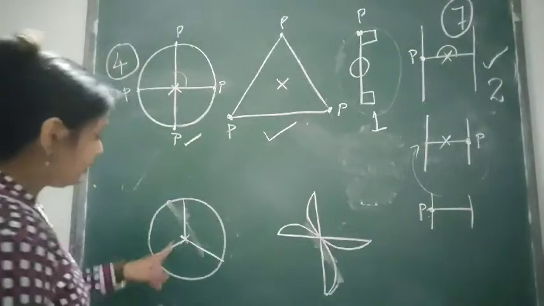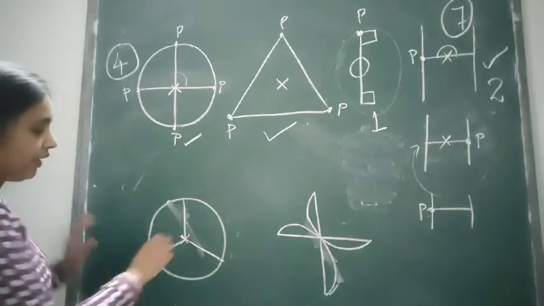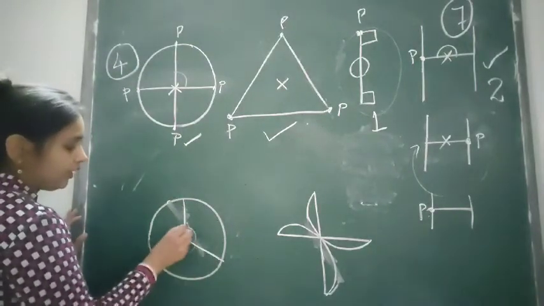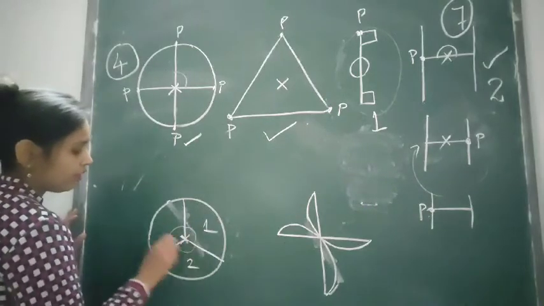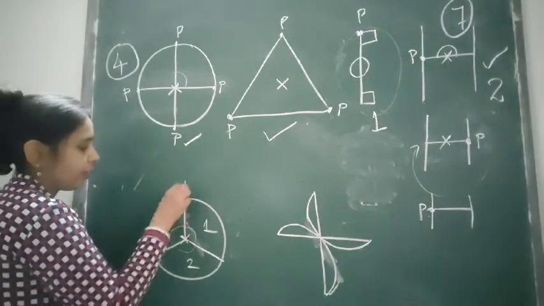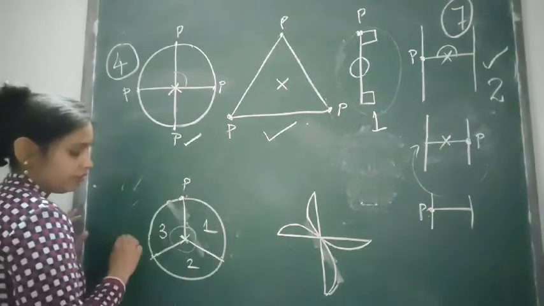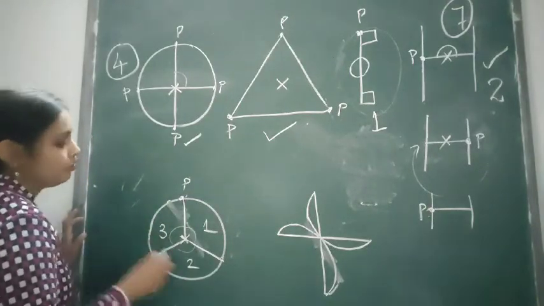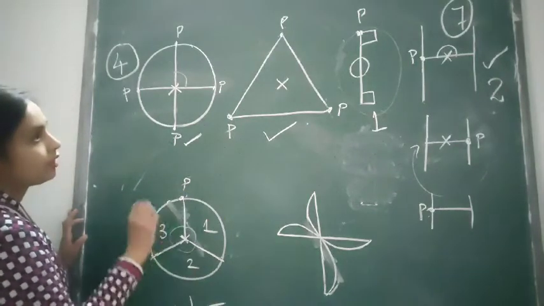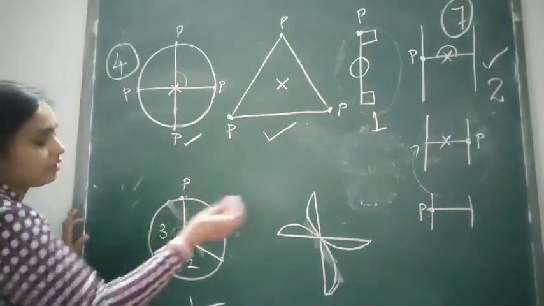Going back to this, same, only here the rotation is at 120, 120, 120. So this is first order, second order and third order. If you mark a point P here, first order it will come here, second order it will go here, third order it will reach. Okay. So this completes your A, B, C, D, E. Now we go to F.